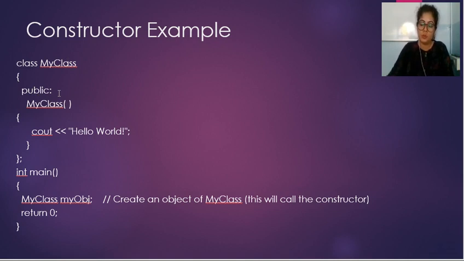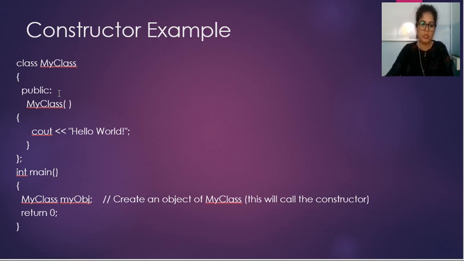It is up to you. It is the choice of the developer, whatever type of access he wants to give. So here I have given the access public. So write the access specifier public with a colon. Then in the next line write the constructor. I want to use a constructor.